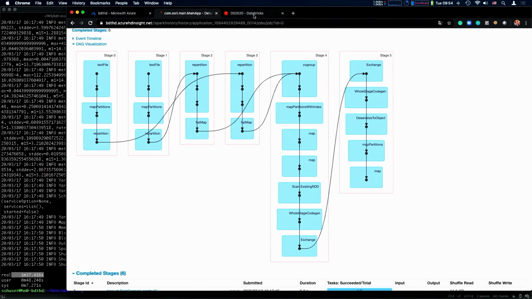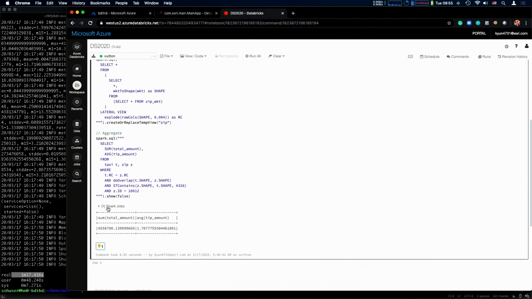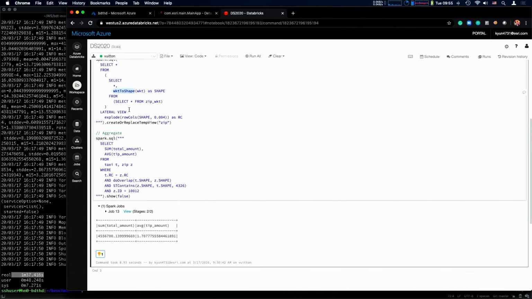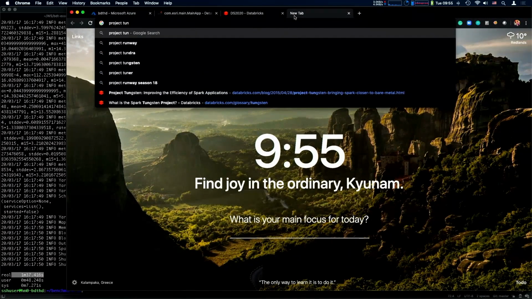In the next generation, if I look at the same DAG graph, it's a lot simpler. The reason is this. These functions that you see are something called Catalyst expressions. They're not user-defined functions. They're Catalyst expressions. If you Google search project Tungsten Apache Spark,